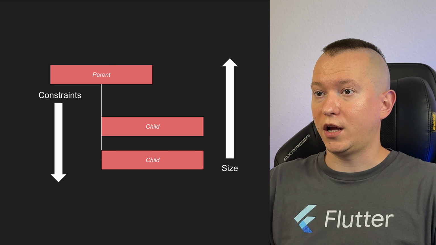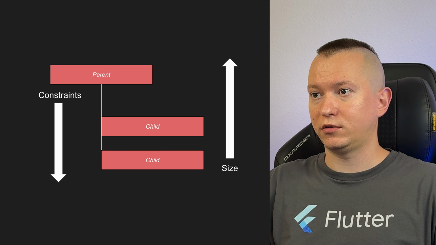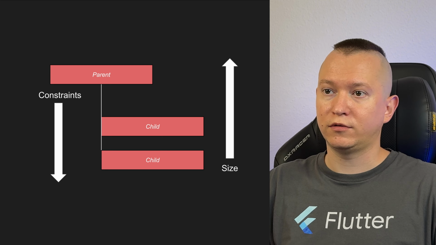Let's start. So, first of all, why do slivers even exist? What problem are they solving? And to answer this question, we need to think about what they are part of. Slivers are the foundation for the scrolling system. And when we talk about the scrolling system, we talk about a very specific way to build layout. But who is actually responsible for layouting in Flutter? Correct, it's render objects. Regardless of which layout protocol is used, layout in Flutter's render objects always follows the same